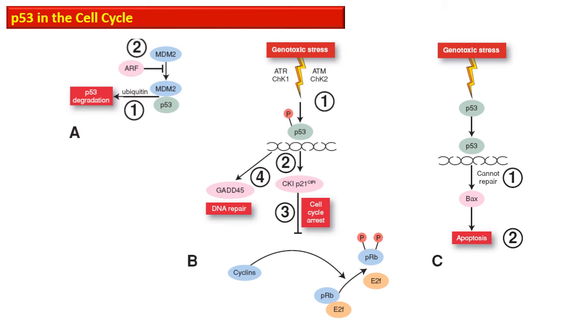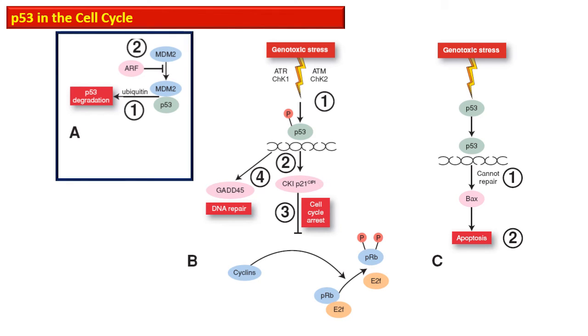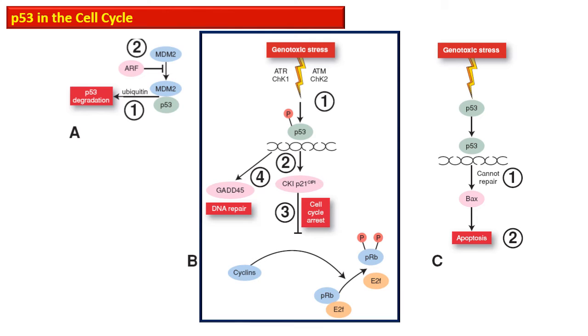So this is summarizing all the events we just discussed. The P53 remains in low concentration within the cell and it binds with murine double minute, which is E3 ligase, and it binds it with the ubiquitin and leads to its degradation. The genotoxic stress, which is recognized by check 1 and check 2 and ATR and ATM, will result in phosphorylation of